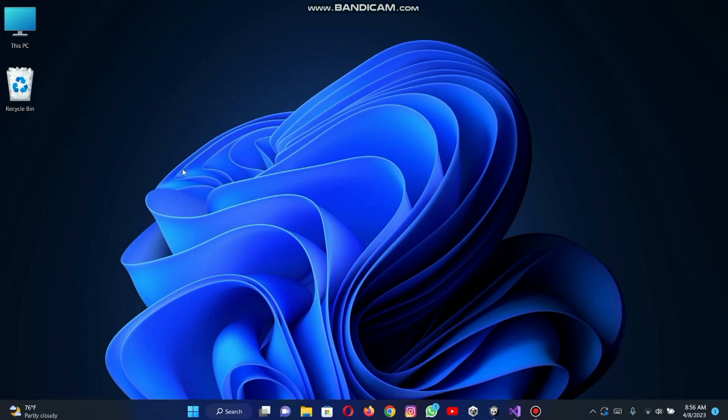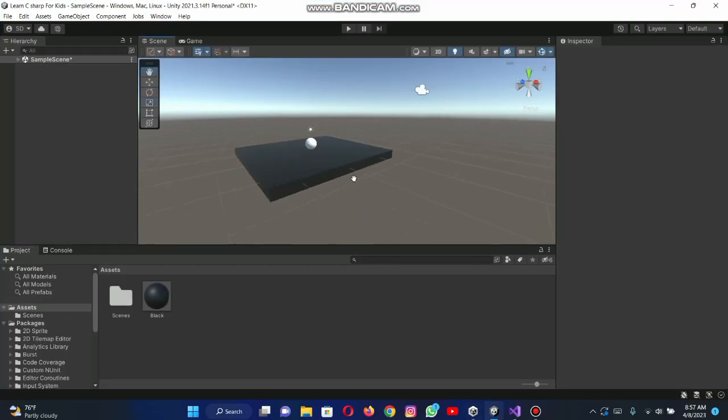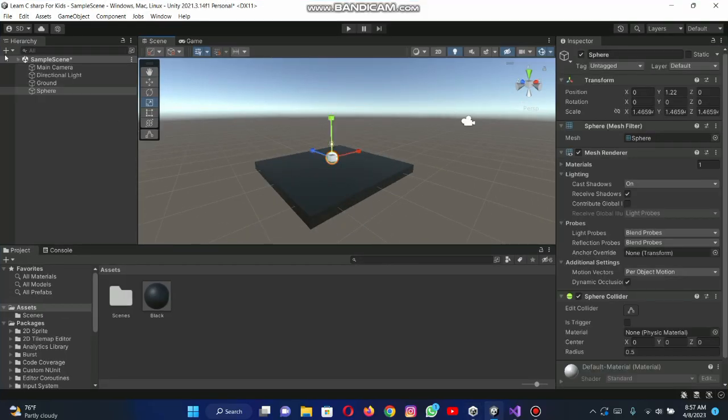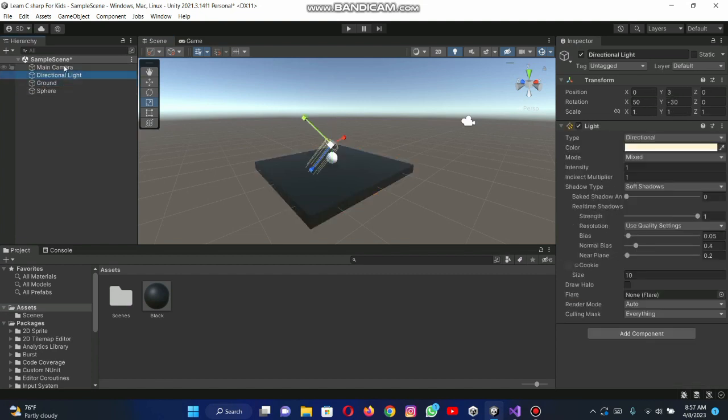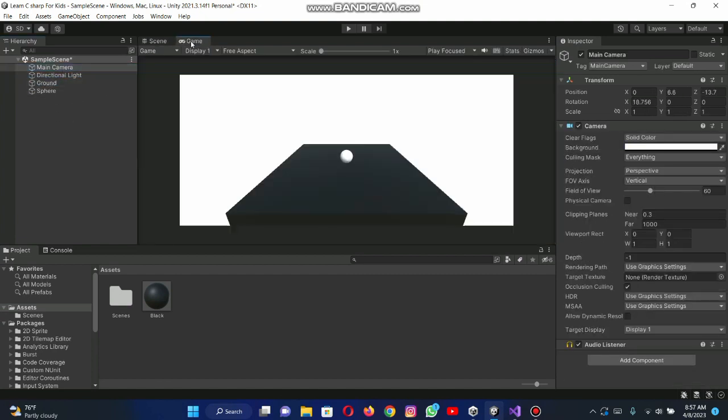In this series I'm going to teach you how you could learn C sharp. C sharp is a language that I have learned. So I have made this cool looking scene. We have a cube, we have a ground here and a sphere and a directional light and camera. The first thing is that when you click play, or when you click WASD, it does not have any